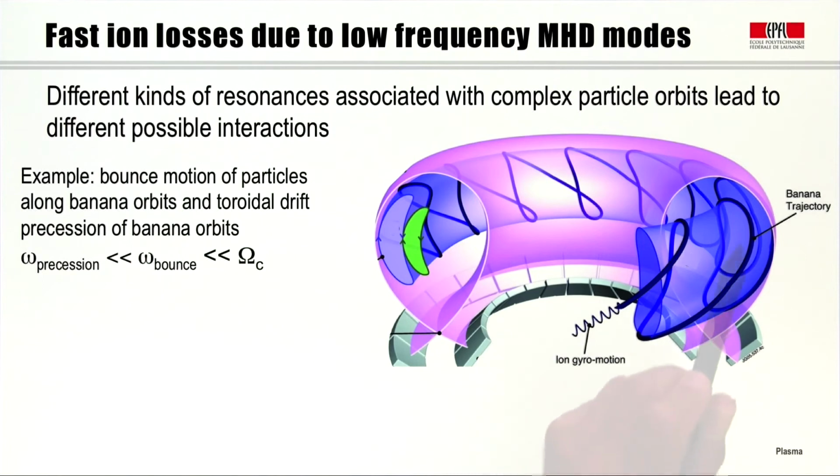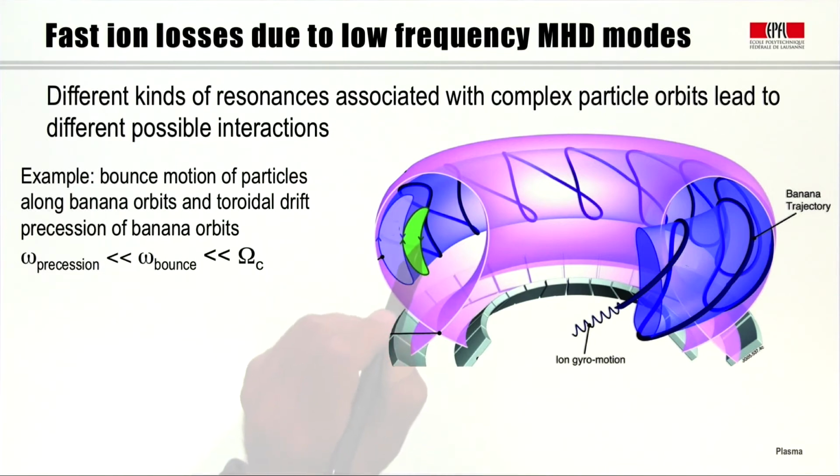Now we have seen already that the motion of the ions around the tokamak is actually characterized by what we call banana orbits, which are orbits that are produced by the fact that the particles feel regions of different strength in the magnetic field and therefore are trapped. And the turning points of this trapping motion are related to the in-out asymmetry of the field. If we project these orbits on a poloidal plane, they look like bananas, so they refer to them as banana